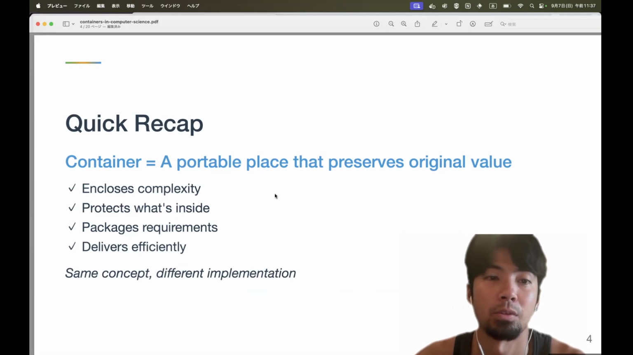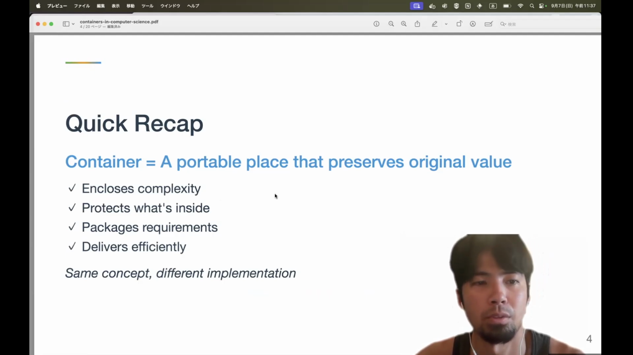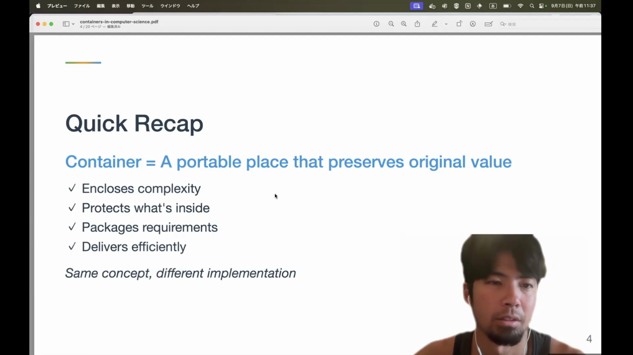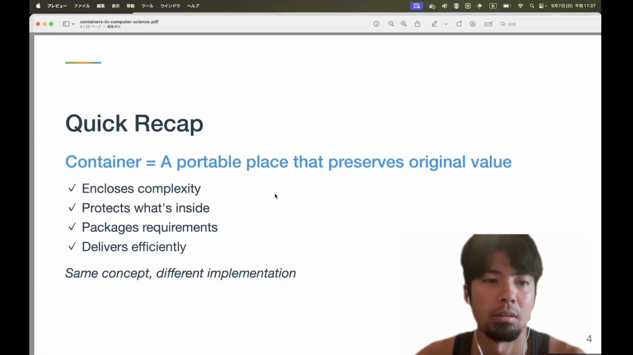A container is a portable place that preserves original value. It encloses complexity. It protects what's inside, and it packages requirements. It delivers efficiently. Same concept,